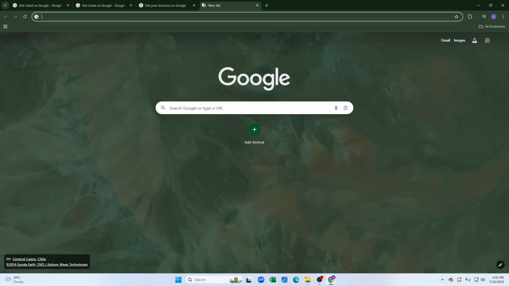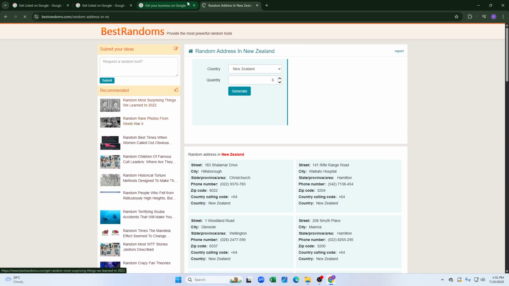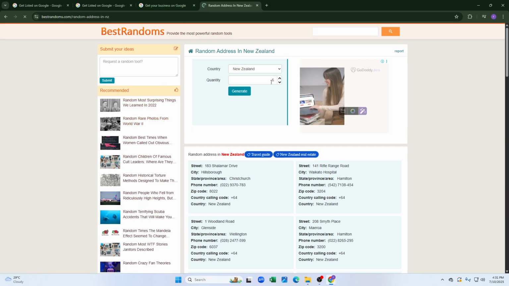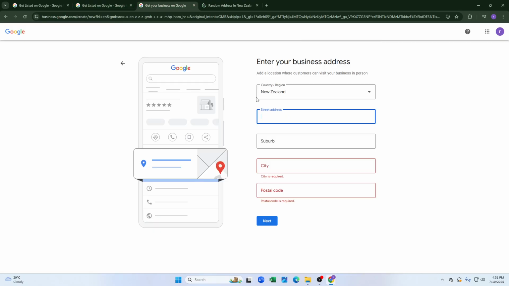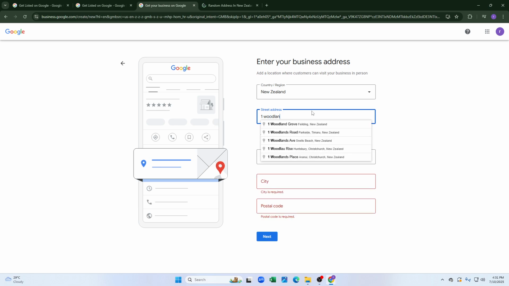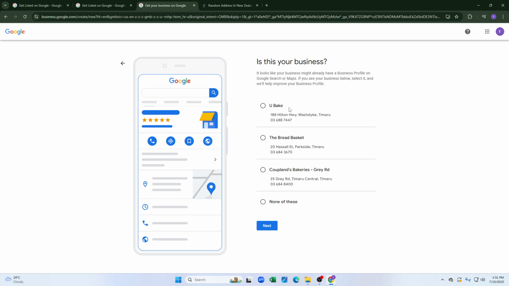Let's just get a New Zealand address. So let's just generate a New Zealand address. So it finds the street address. Let's just give them this address, 1 Woodland Road. Let's just type that, 1 Woodland Road, that's New Zealand, and we can click on next, and then